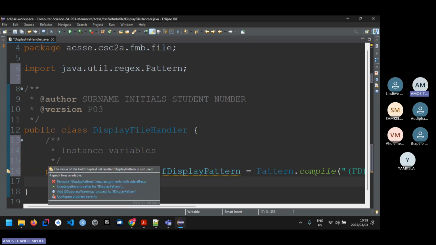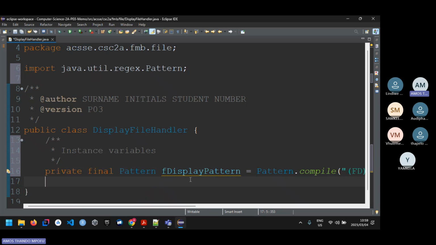The warning means that I haven't used it. It says that it's not used. That's fine. We're still coding. We'll get to the use later. Then I create the next